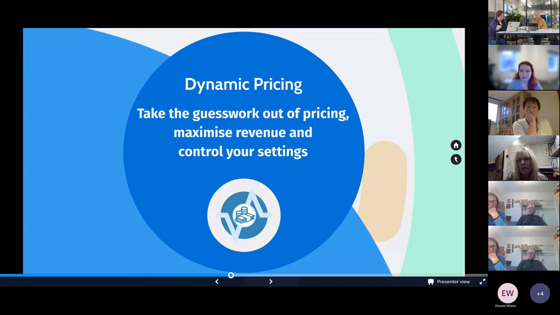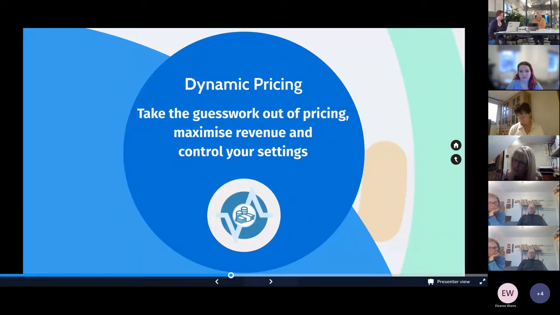So it's a very powerful tool, and it will do that day in, day out. It might rearrange your prices 360 days out, 5 or 6 times a day. So it can be changing literally hundreds of prices a day, not by a huge amount. It's often just tweaking them by £1 or £2, but it's allowing you to make sure that you get the best yield for your rooms. So if there's a large event quite far out, it will pick that up very quickly if bookings start to come in. So it's very useful.